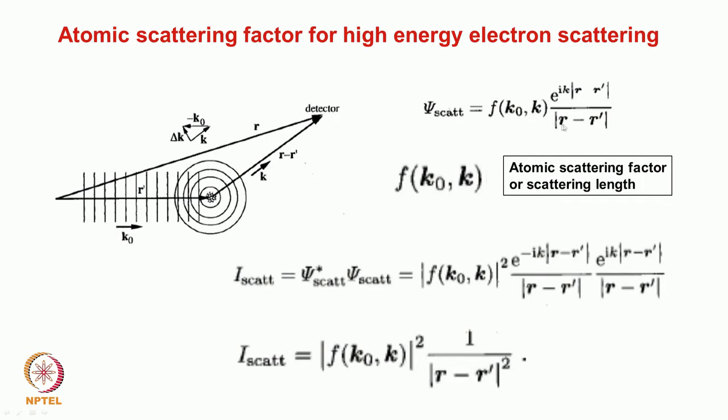So, when we consider the structure factor, if we look at the scattered intensity, it is proportional to some term for each electron, and that depends upon the distance, e to the power i k r by r minus r dash, because the primary beam, the plane wave, when it comes and hits the electron here, a spherical wave is emanated. So, what is going to be the scattered intensity at this particular point? This is r minus r dash. This has to be summed over each electron, and together then we get it. The nucleus also has to be taken into consideration.